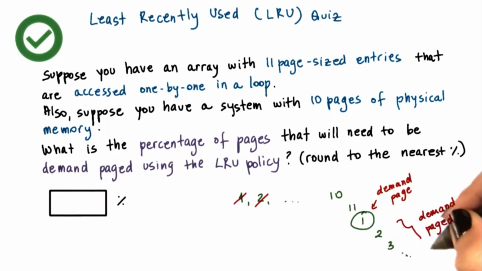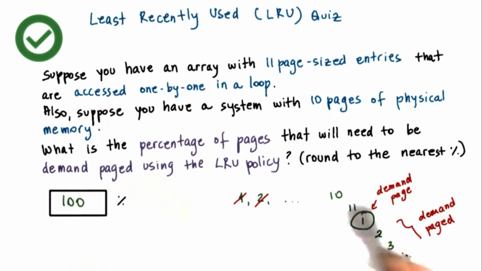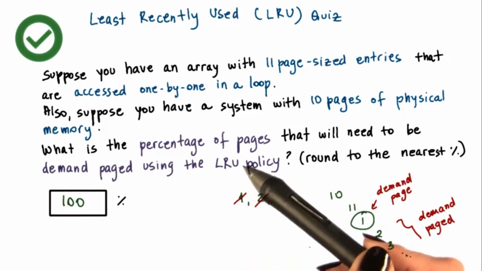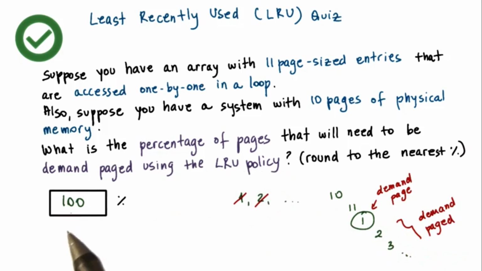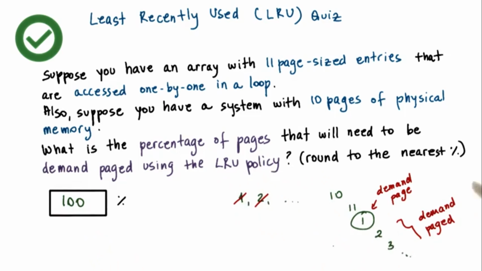So the process will continue for all of the remaining pages during the execution of the program, and therefore the nearest percentage of the number of pages that need to be demand paged using the LRU policy is 100. This is clearly a very pathological scenario, but what it's trying to demonstrate is that an intuitive policy such as LRU can result in really poor behavior under certain conditions. For that reason, operating systems can be configured to support different kinds of replacement policies that are used to manage